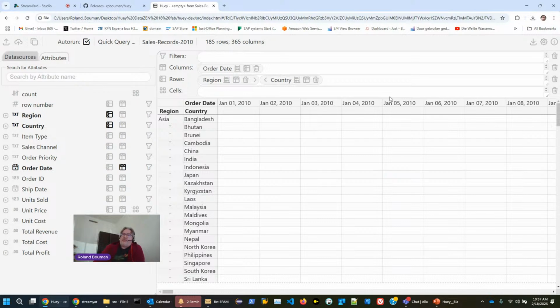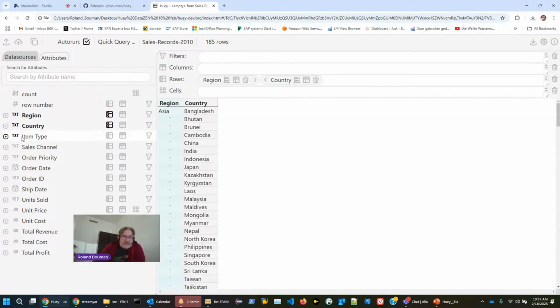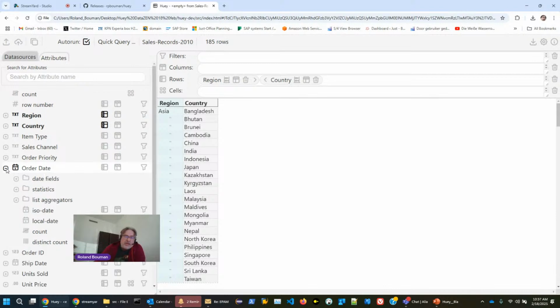But it's not very useful, because we lack this hierarchical view of the data. It would be much more useful if this date would be split in its different parts, so we can navigate it from high to low. So in order to cope with that, Huey has this concept of what we call derivations. So this is the raw column, and we added that just now and saw that it was not very useful. But what we can do is expand it, and then we see that there's all these derived